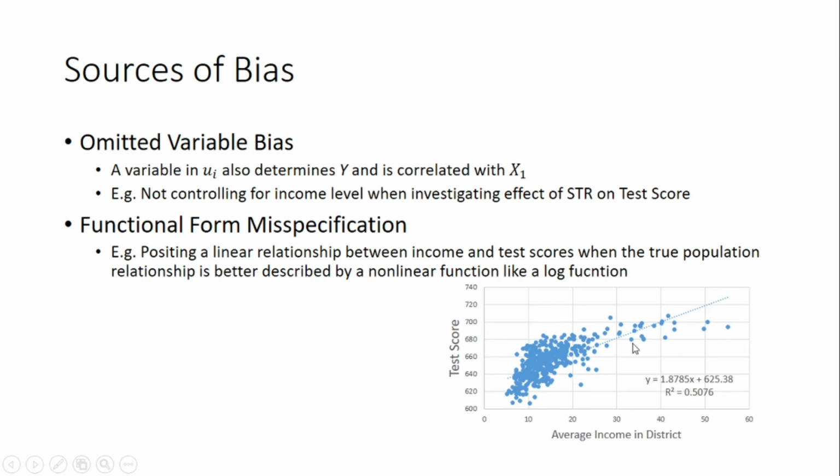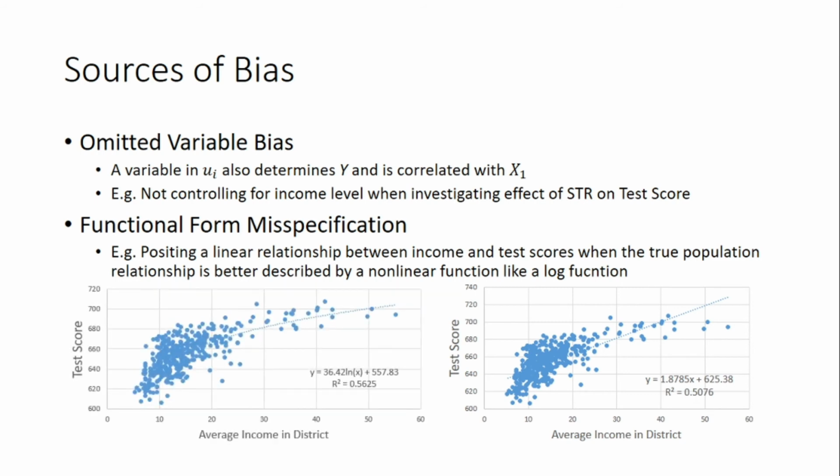So here this linear form is not the best function to fit between these data. Rather, perhaps a log form. But this is, again, something where you can only have a look at the data and have an educated guess as to what the best functional form is. Here we have a log form, and we see that in fact the R squared goes up. So the R squared can give us some information about what the functional form might actually be for the true